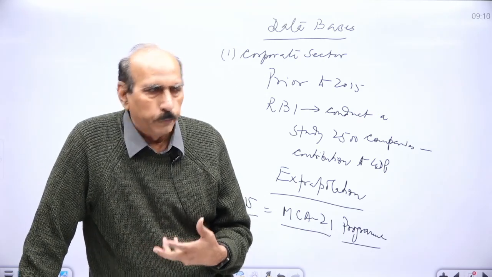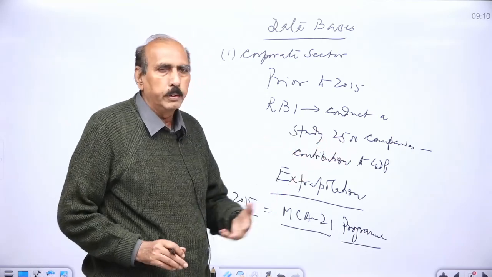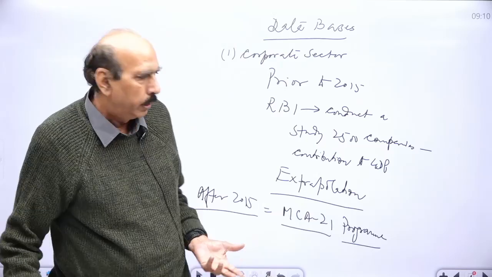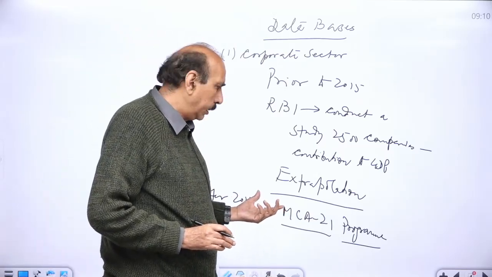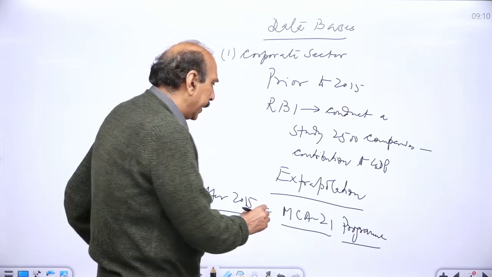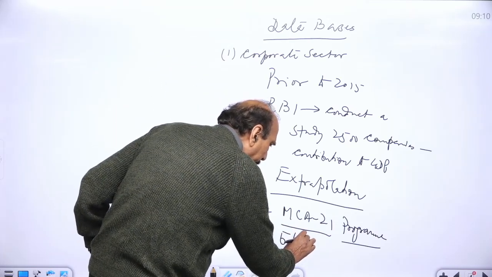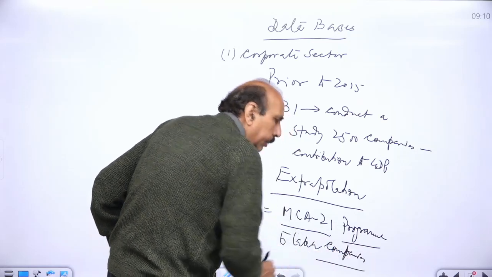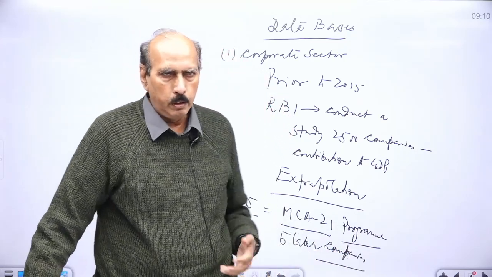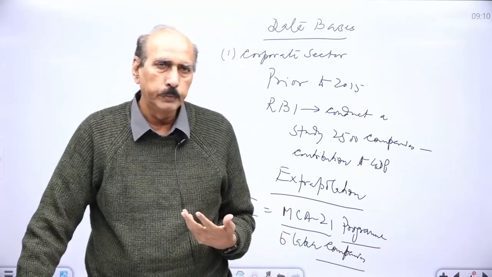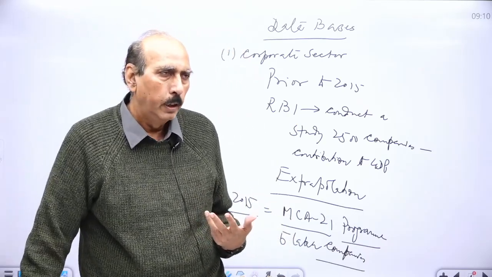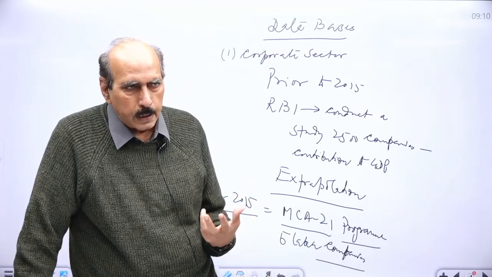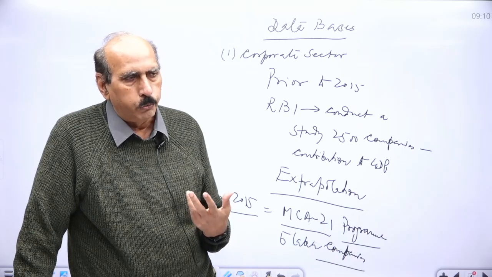Getting your point? Therefore, instead of a 2,500 company study, based on which we used to extrapolate for the other companies, now the CSO is directly using the data of around 5 lakh companies, which are submitting their balance sheet and profit and loss to the registrar. This is a very, very important change. It has enhanced the contribution of corporate sector to GDP.